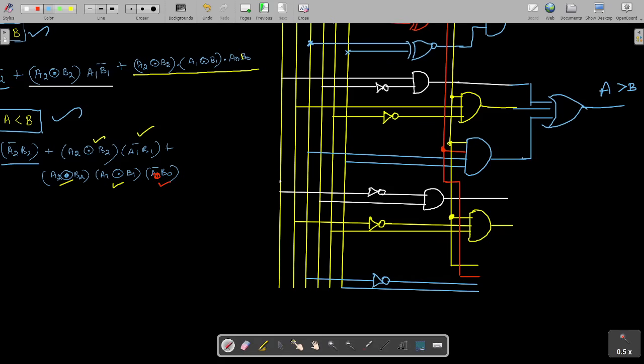Already these equivalences are there. So now we can combine them using AND gates. So the third term is also now implemented. Now all these three terms can be combined using OR gates.